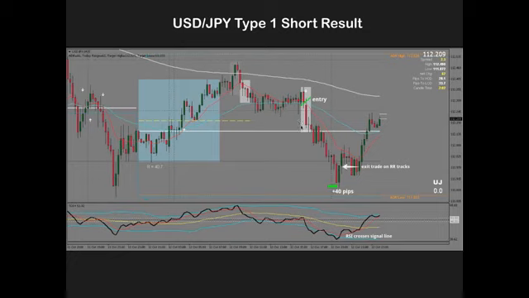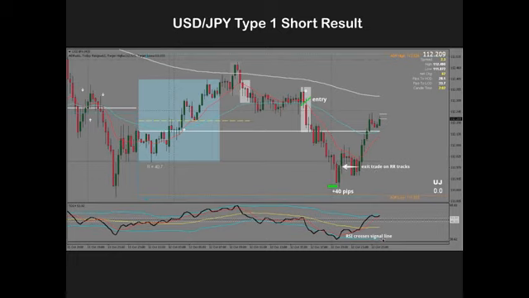Some of you have a 30 pip take profit, which is right here at this 0.0 quarter point. So some of you might have set your take profit right here, and you say 30 pips, and that's where I got my take profit. If you waited here, this is potentially a 40 pip trade. But let's just say you waited here and you saw these railroad tracks here. I would have exited here because I saw